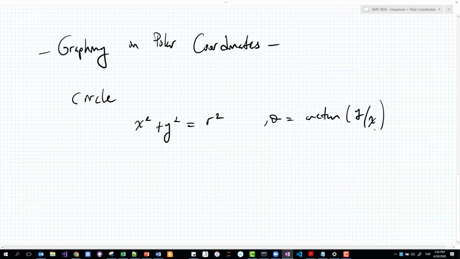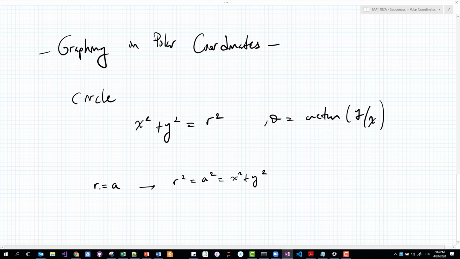Now if I have r equal to a, and I square both sides, that would give me r squared equal to a squared. And since I know r squared from the previous equation is equal to x squared plus y squared,